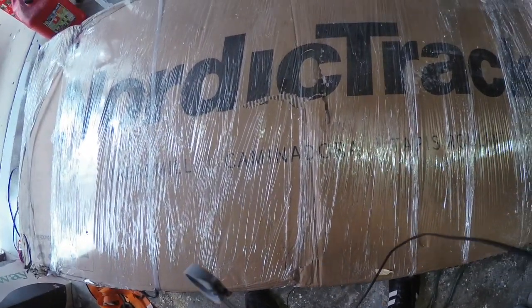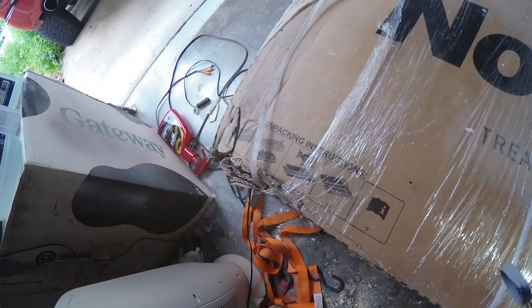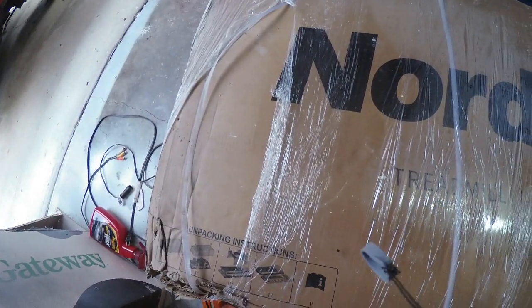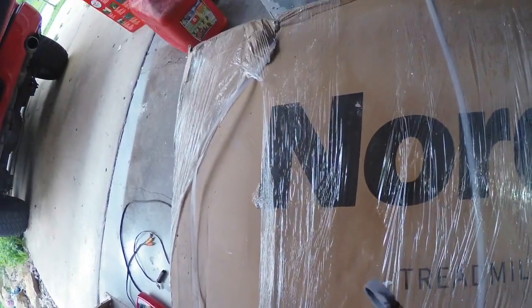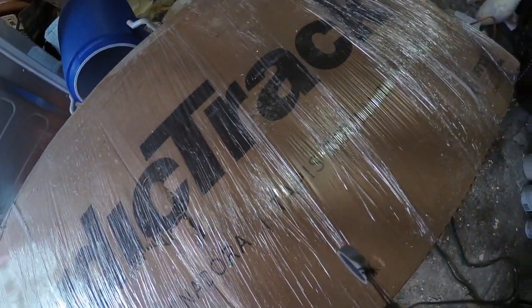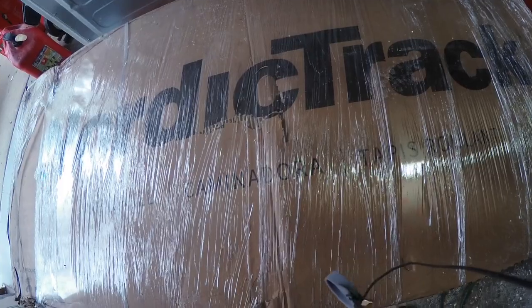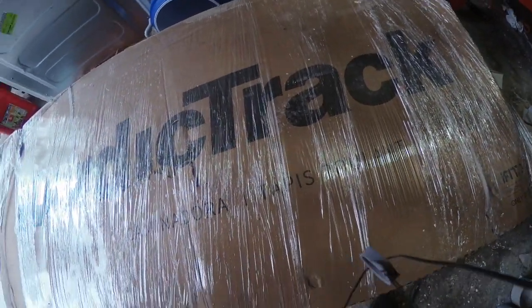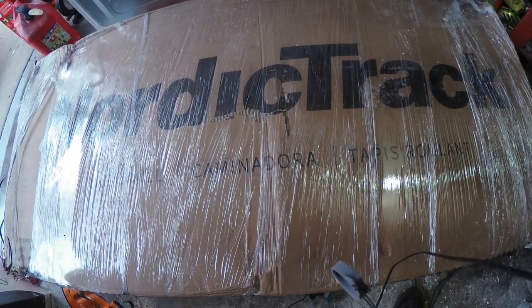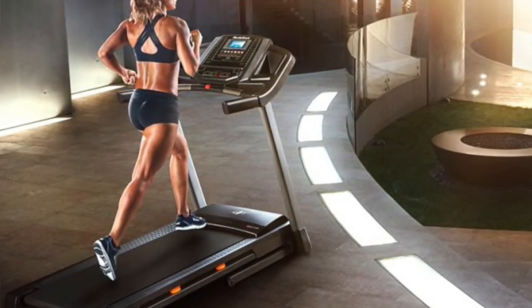All right, and here we are with the first item. Once again, please excuse the mess. It is the Nordictrack. Now you can see right here, this was from an accident. Some of the stuff got beaten up inside the delivery truck, and there is some damage on the box. But as you notice, the plastic straps that they're wrapped in are still on there. The cellophane wrapping is because whenever I was getting this, it was about ready to rain, so it was cellophane wrapped so it wouldn't get wet. Now, let me tell you, this is the TS 6.5 version,